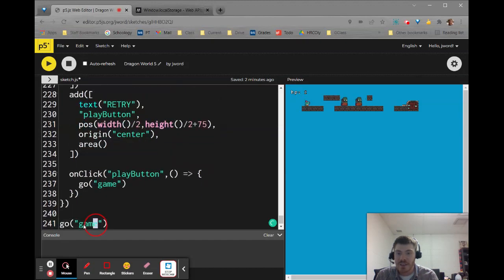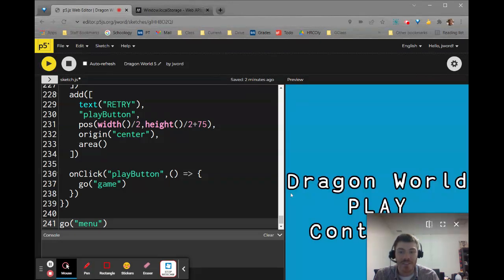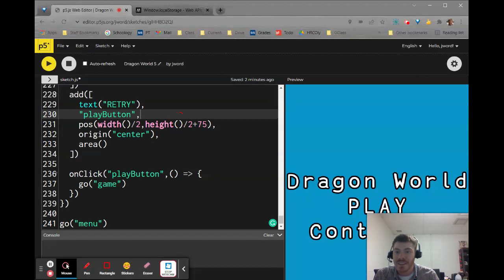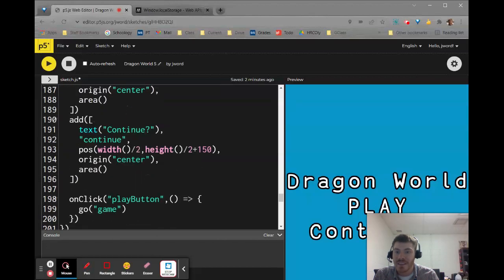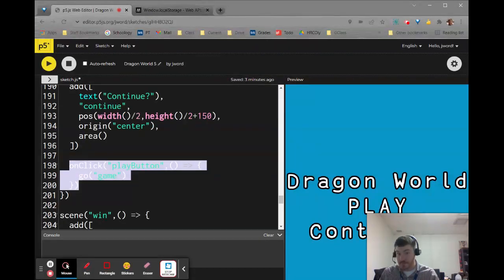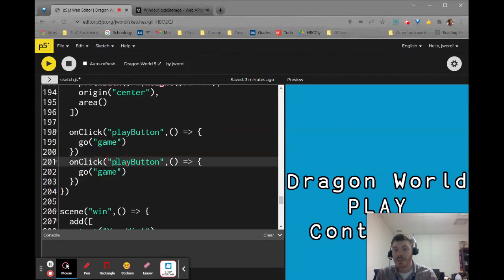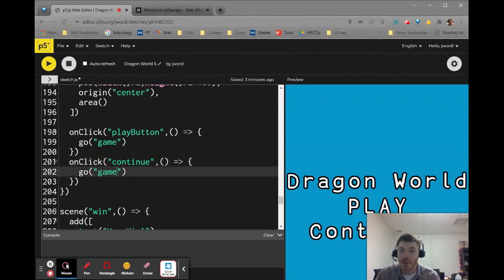So I'm going to set my code now to go to the menu scene. When I copied and pasted, I lost what I cut. But okay, so I have a little continue thing here. All right, so I also want to add a click handler on that continue button. So I'm going to copy and paste the on-click stuff. So now handling when I on-click an object with the continue tag, then I do want to go game,